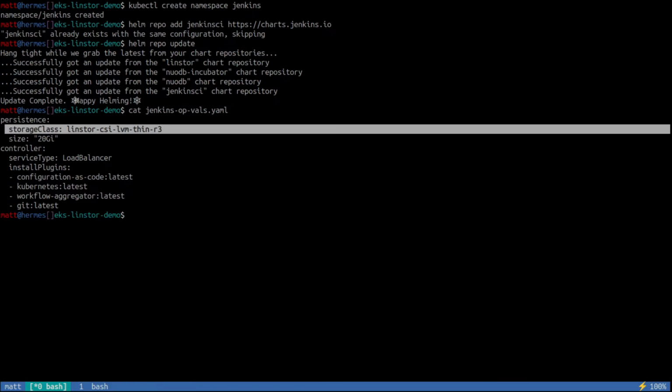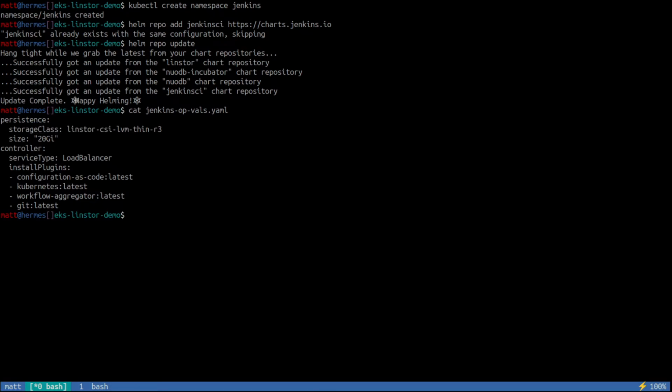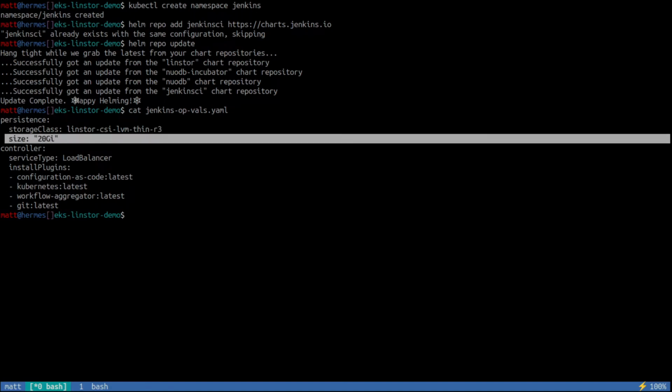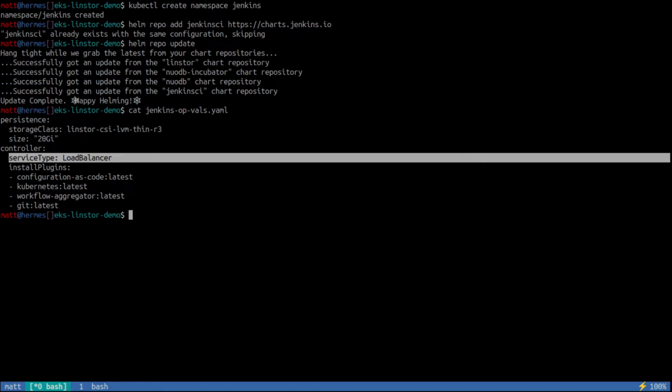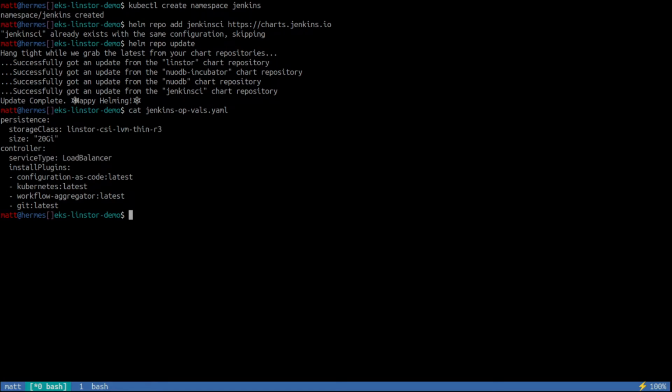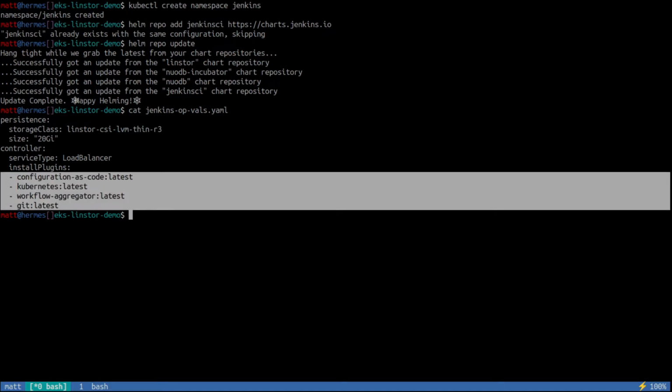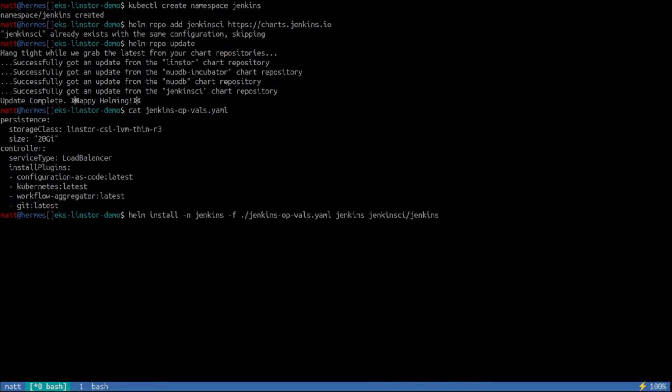We're telling Jenkins to use the storage class that is replicated 3 ways. Only create a 2 gig volume, and we're going to put a load balancer up in front of it. This will use the service integration that EKS offers with its ELB load balancer, so we'll get a nice load balancer that directs our users to the correct node. And these are some of the requirements that were recently added to the Jenkins deployment Helm charts, and we need to include those. So, operator values defined,